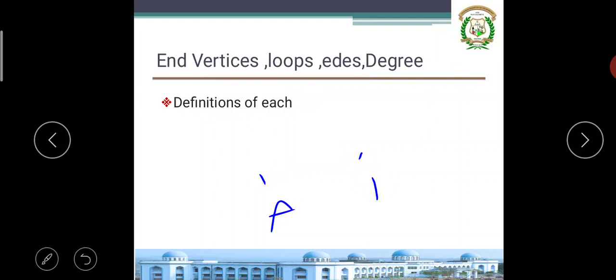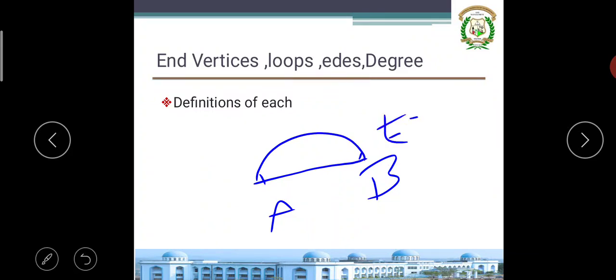Next very important thing is order and size, which we studied. Order is the number of vertices. The number of edges is called the size. Another one, multiple edges. For example, A to B one edge is there. Again A to B another edge is there. This is called multiple edges. While writing the edge structure, I write A to B twice, AB, AB, because two edges are there.